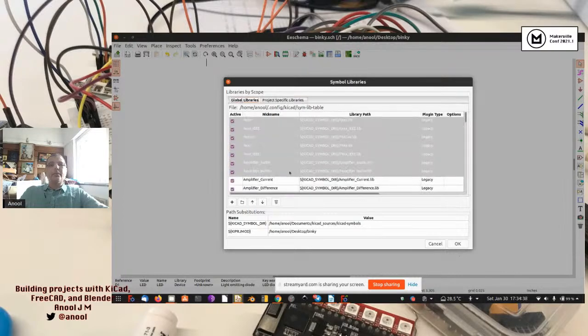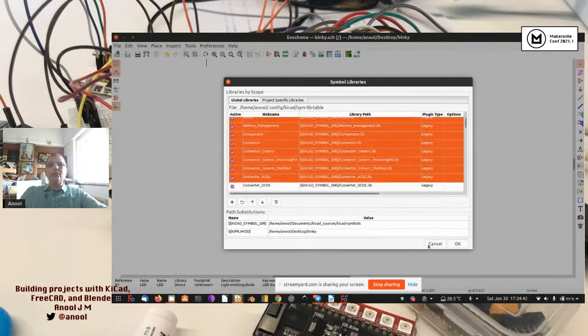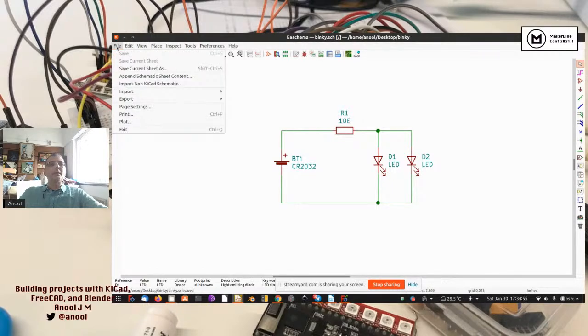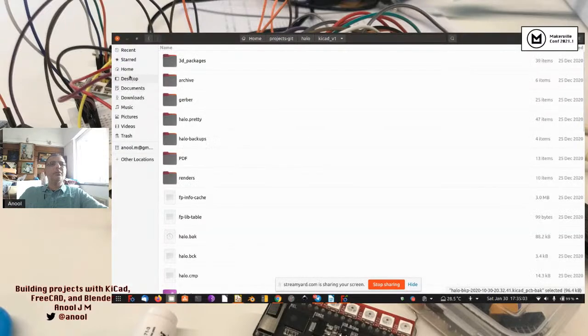And as of now, with version 5 point wherever we are right now, it's not really easy to archive schematic libraries. It's much easier to do that with the PCB, but not with the schematic. But one easy workaround I found is when you exit this and you go back to your project folder,